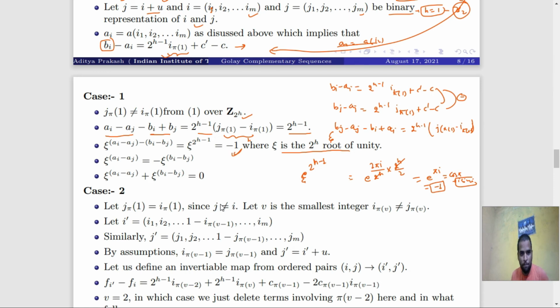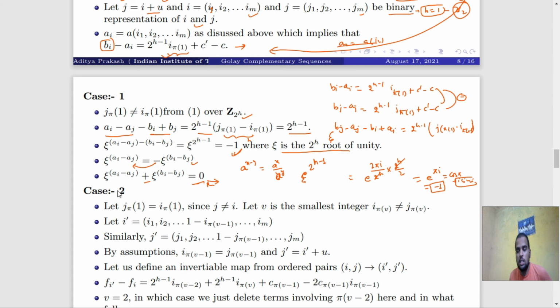That means its value will be minus 1. Now we know that a to the power x minus pi is nothing but a to the power x by pi, a to the power pi. Simply x_i to the power a_i minus a_j, divided by this, is equal to minus 1, and multiply with a minus sign x_i to the power b_i minus b_j. We can simplify: this minus sign comes to the left side, that will be plus sign, and is equal to 0. So the a_i minus a_j, b_i minus b_j, that is nothing but a complementary pair. This is the complementary pair of a, and this is the complementary pair of b, and both are validly complementary pairs of each other. So this is proved for case 1.